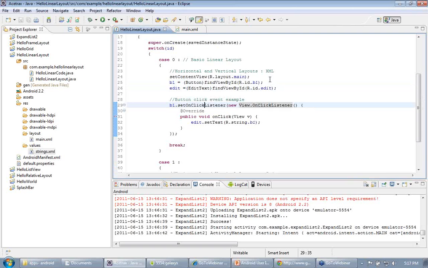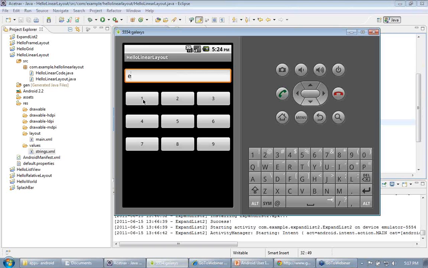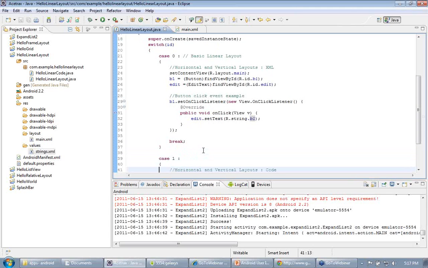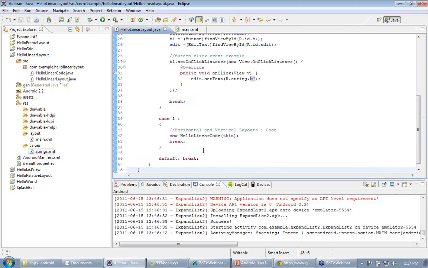On clicking button 1, we are setting the edit text box to the string R.string.B1. What does it mean? If we click button 1, then 1 appears here. So the idea is that on clicking a button, we can view the text in the edit text box.